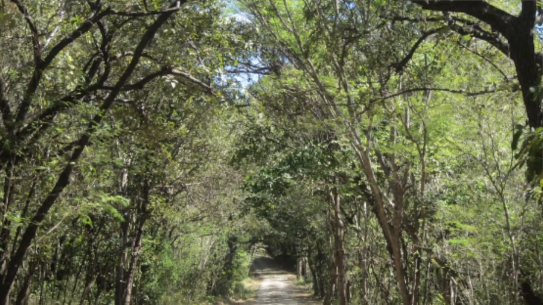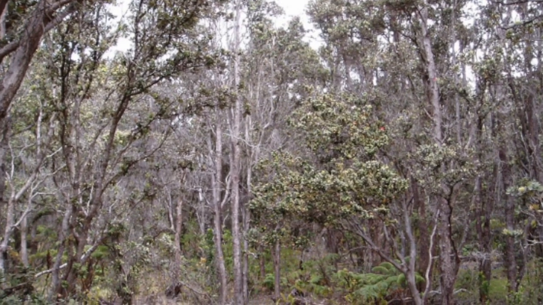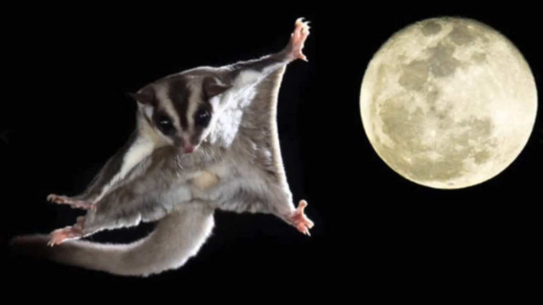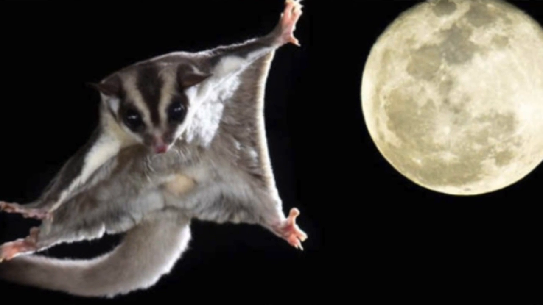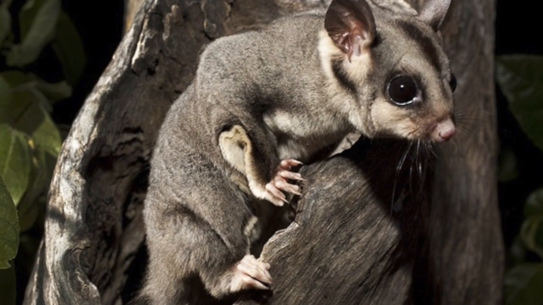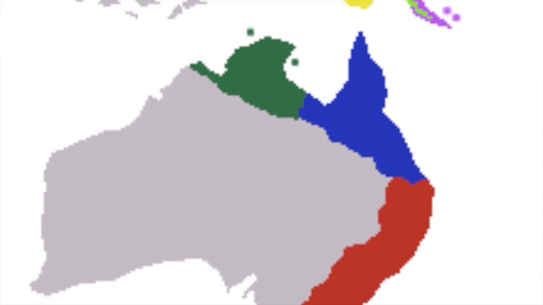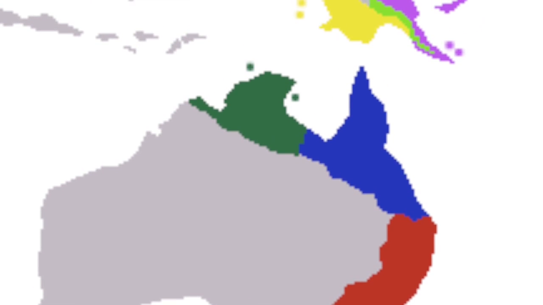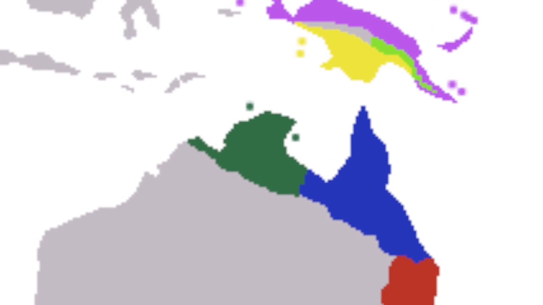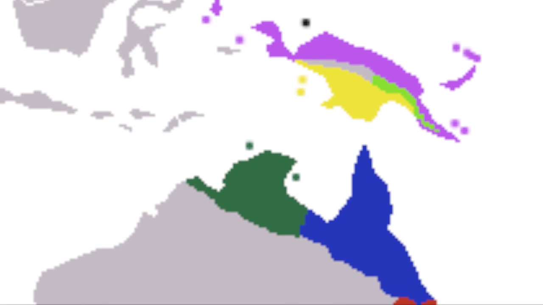Sugar gliders have a relatively broad habitat niche. They can live in wider rainforest environments as well as drier forests or Australian scrub. They are nocturnal organisms like most marsupials and often take shelter in hollow trees. They've been found all over the eastern and northeastern areas of Australia as well as Tasmania, New Guinea, Indonesia, and smaller surrounding